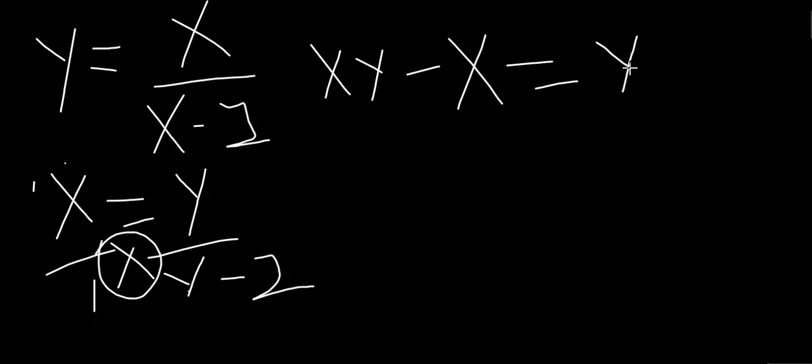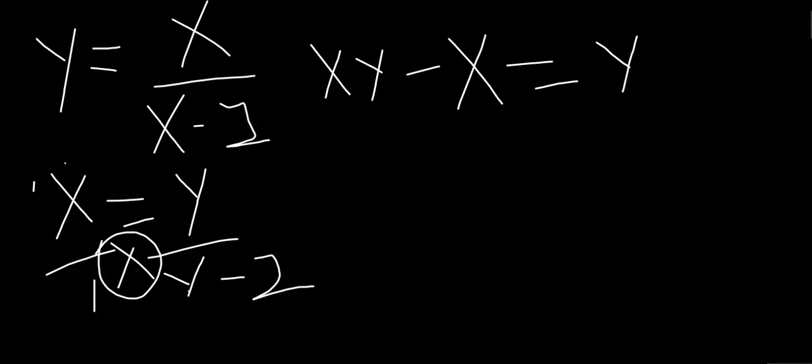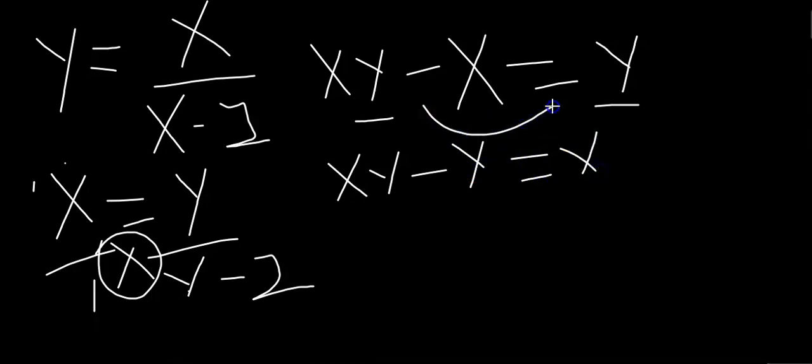Let's say it is yx minus y equals x. We still have to FOIL because we want to match these two terms, and it's the same as this one too. That's what we're going to implement. So let me cancel it. Now what I want to do is match these two terms, so let me FOIL. When I FOIL, I get xy minus y equals x. This one will be positive when I